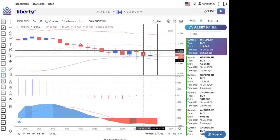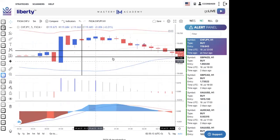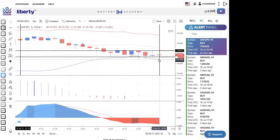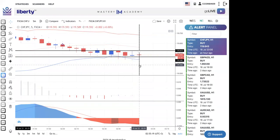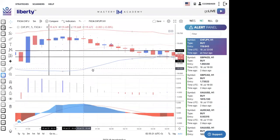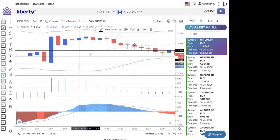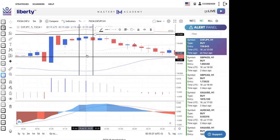So let's just go to the past and do one more example on this strategy. It's very transferable. Come on, line, move down here. All right, so let's look at this candle that's about to be in the box, and we're going to count the confirmations,